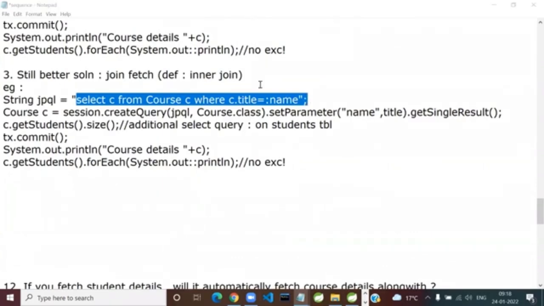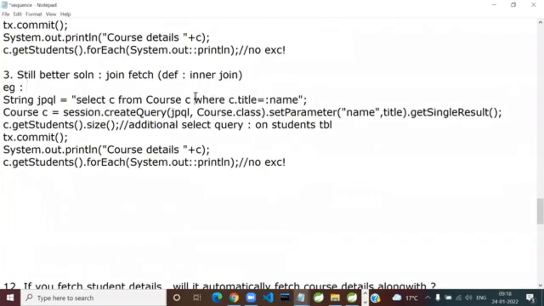Of course, change. That is what it is all about. So select this, and here you say, okay, guys, there's a confusion in the beginners between join and join fetch. If you just use join, it is like your normal join. Normal join means your SQL join. But when you say join fetch, the actual select query will be fired on the students table to get the data. So here I want that.